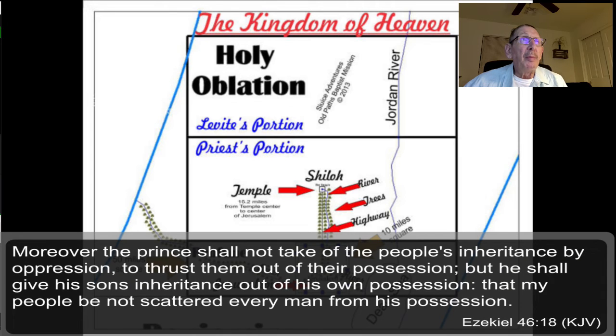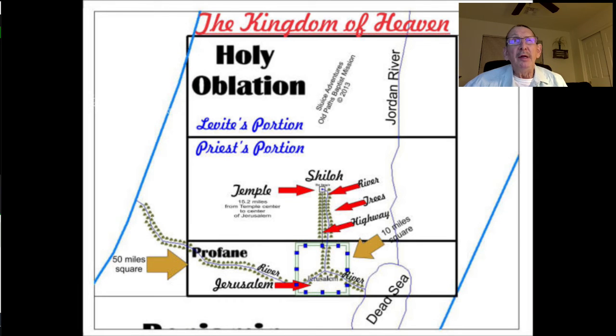And moreover, the prince shall not take of the people's inheritance by oppression, to thrust them out of their possession, but he shall give his sons inheritance out of his own possession, that my people be not scattered, every man from his possession. So that gives a clear clue that this land may be for the